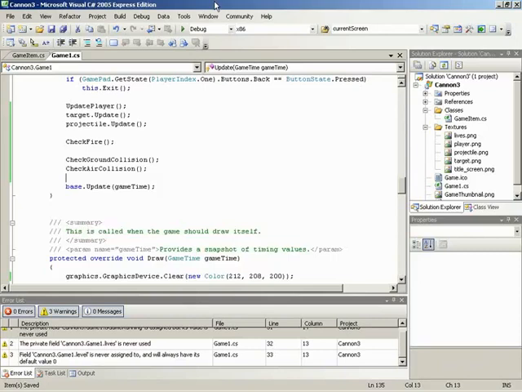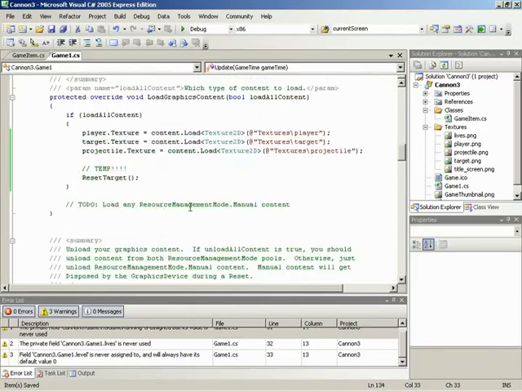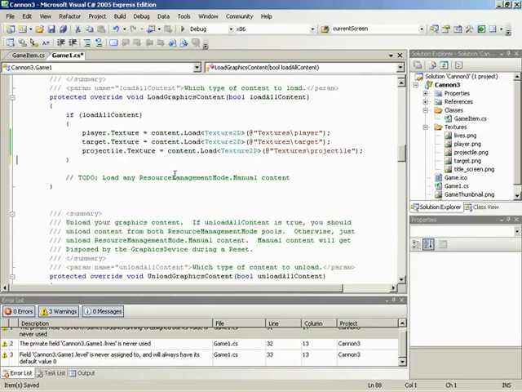Alright, here we are with phase 4 of the Canon 3 coding, and we're going to be doing gameplay logic. So we're going to start out, let's look at the implementation plan with remove temporary reset target call. Alright, let's go up to our load content where we had put in the temporary call just to get things kicked off. Okay, so now that's out of the way,